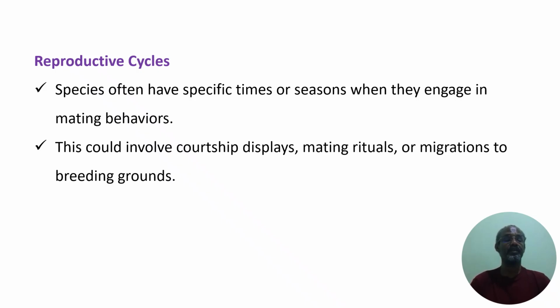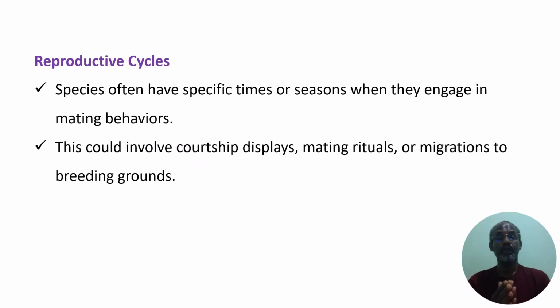Otherwise, for reproduction, animals do have cyclic reproductive behaviors. The species often have specific times or seasons when they engage in mating behavior, then reproduction. This could involve courtship display, mating rituals, or migration to breeding grounds. As I've told you, all these specific behaviors generally lead to what is known as reproductive behaviors, and these could be cyclic. They do have reproductive seasons,